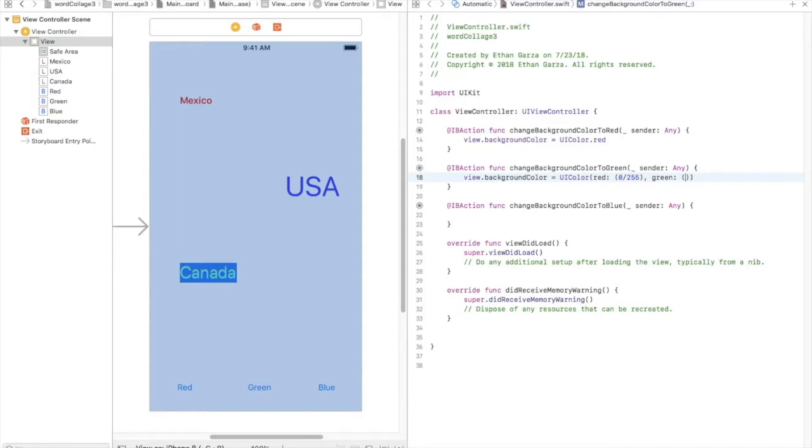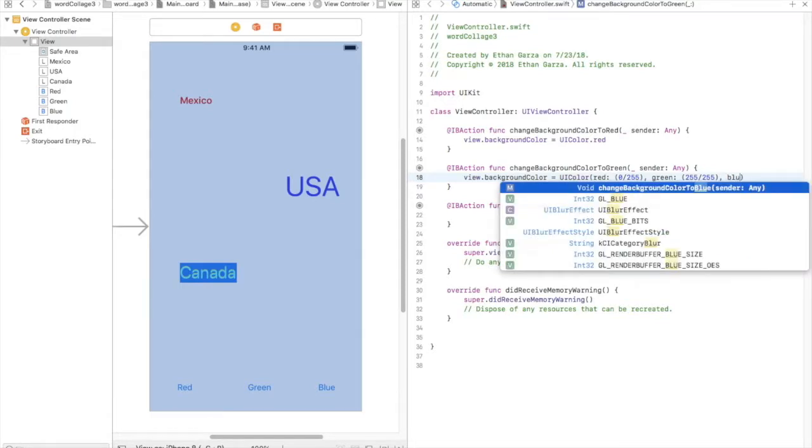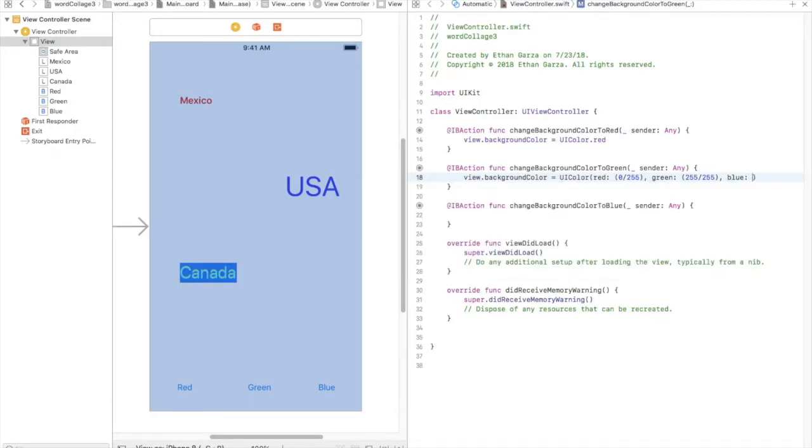Now we're going to add a green value for a variable, and we want our background color to turn green. So I will be putting 255 out of 255. And now we want a value for our blue variable. And we don't want any of the blue for this one. So I will say 0 out of 255. And now we need